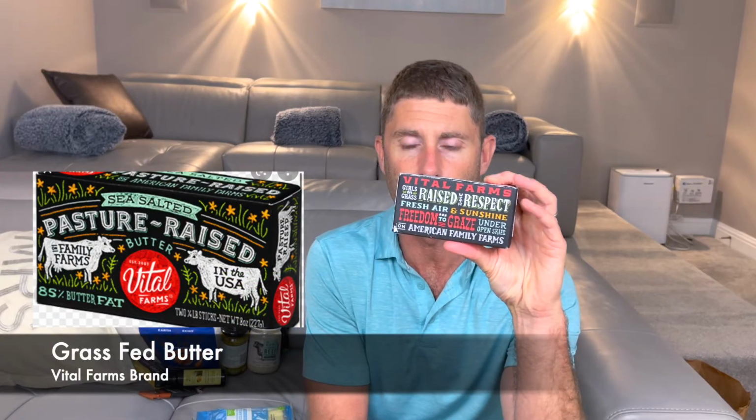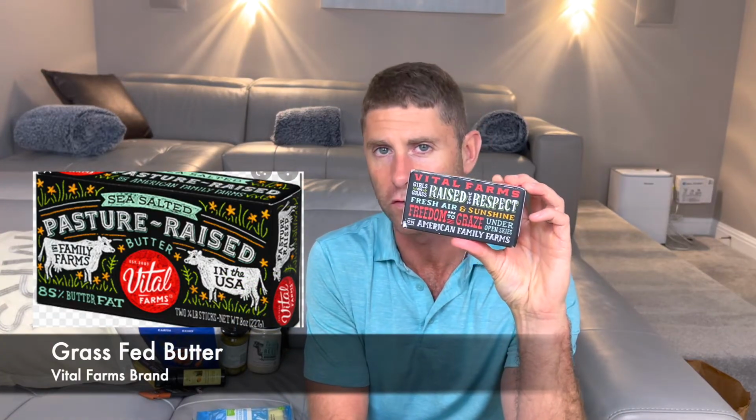Let's see, some other products. We have got Grassfed Butter right here, one of my favorites. Super rich in vitamin A, vitamin D, vitamin E, vitamin K2. My family, we use butter on a lot of things. We're using butter all the time. Really great source of these fat-soluble nutrients that are so good for your body, and great source of saturated fat